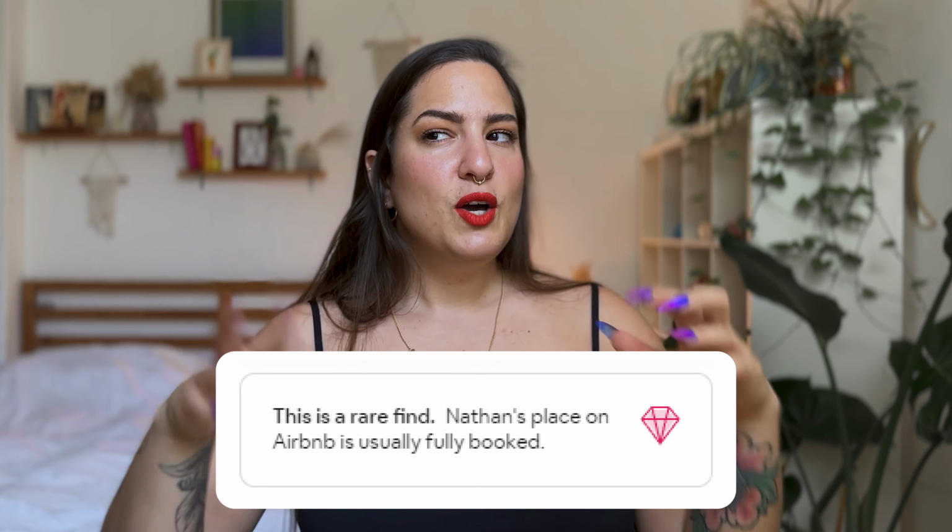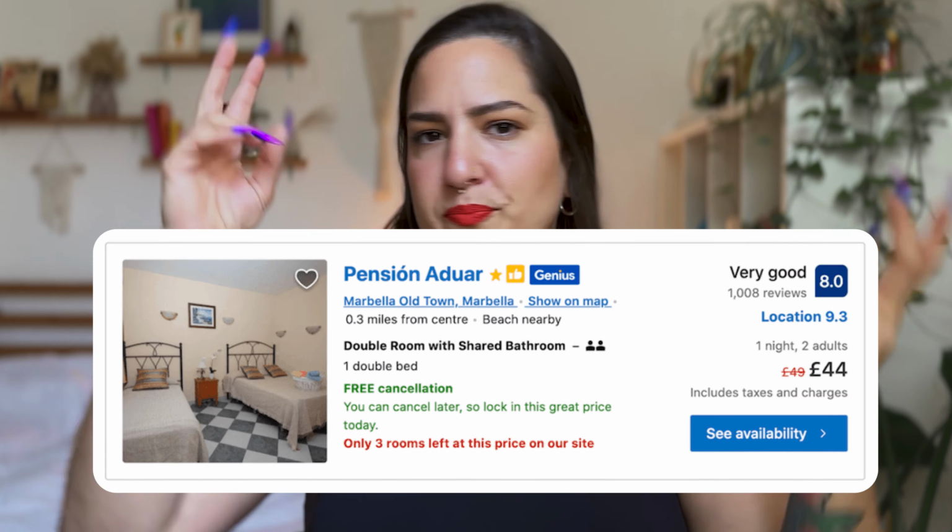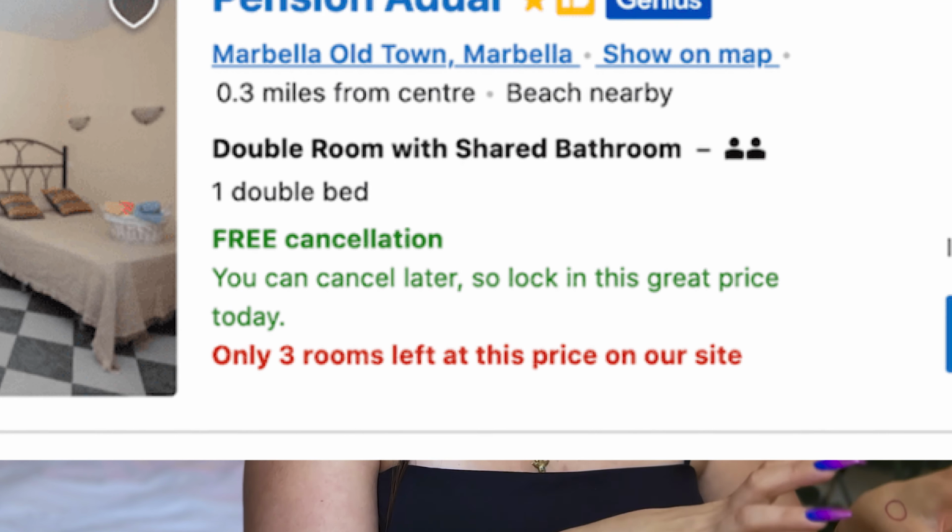What's a really good usage of scarcity? I think Airbnb does it really well with the rare finds, when they give you valuable information: hey, this Airbnb isn't always available, so you're lucky you have it available on your dates. And Booking does the same thing as well, kind of different, when they say only 2 rooms are available at this price. And I think it's realistic because in the only few times that I could get my hands on the rare finds, it was really the only time that I could book these Airbnbs or hotels. They were always booked.